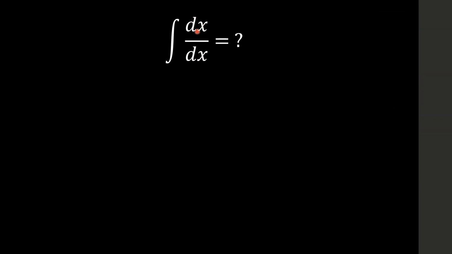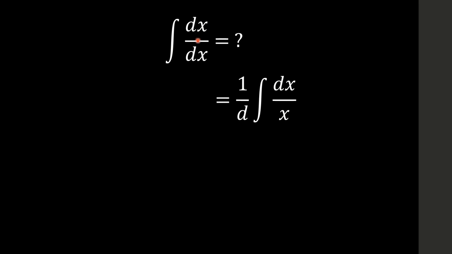If you are integrating dx on dx, we cannot cancel out the dx. It's not possible because if we cancel out the dx, the integral becomes void. We'll be integrating 1, but we cannot integrate just 1. We need to integrate with respect to a variable. That's why the dx is supposed to be there in the numerator. So what we are going to do is remove the d in the denominator. We see that this d in the denominator is a constant because the dx in the numerator